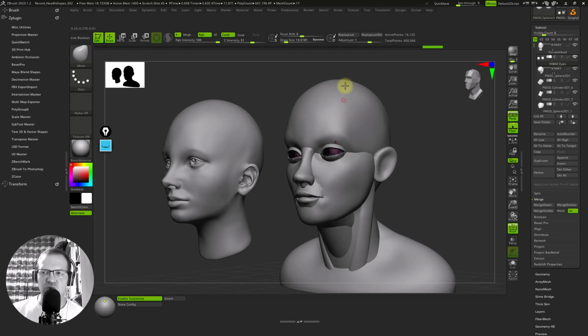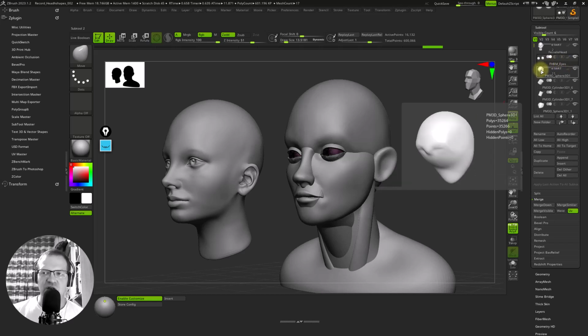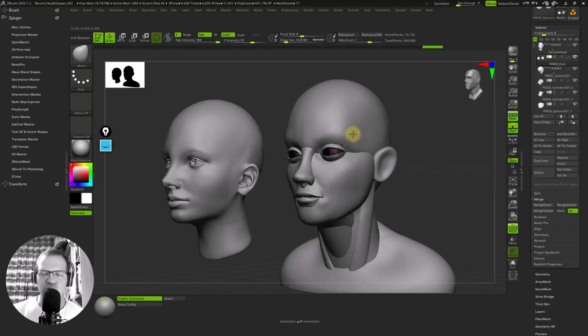Proper naming is quite crucial, especially if you want to reuse it. So what I like is the project shortcut. So FH, what type of model it is, BM is like the base mesh, and the body part. Just to keep things organized, for example, this will be the eyes, upper lid, eyes, lower lid, this will be